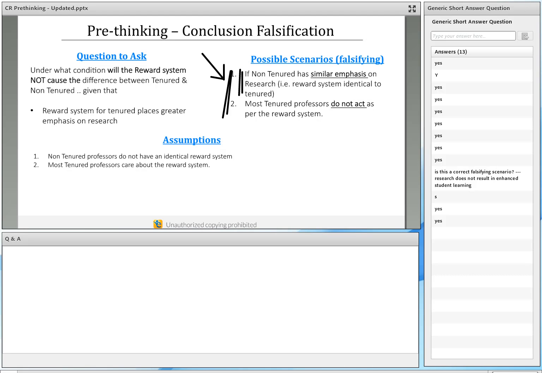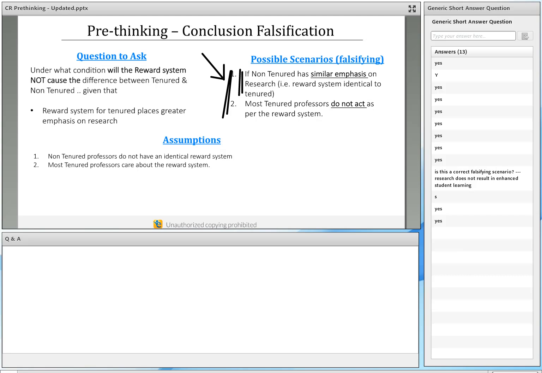Okay, that's a great one. Research does not lead to enhanced learning. Andrew, if you were to make this a very difficult question, that is an answer choice. Okay, let me draw a parallel. I was thinking about this morning, about 30 minutes before this, whether I should take this on or not. Since you posed this, we'll take this on.